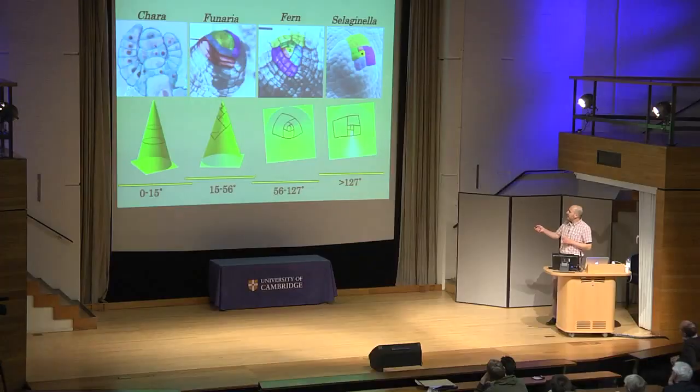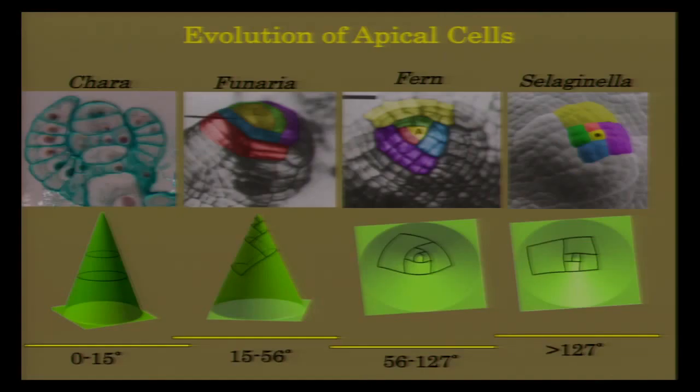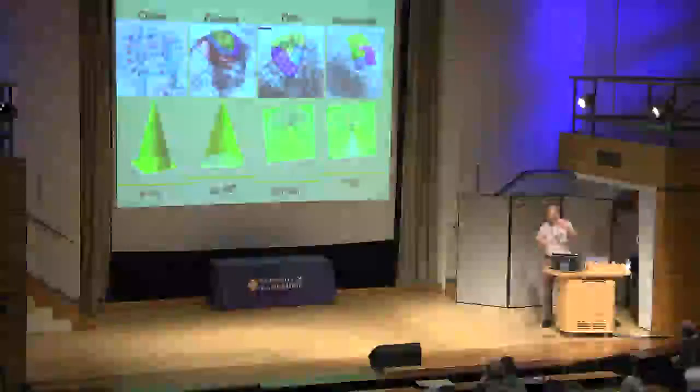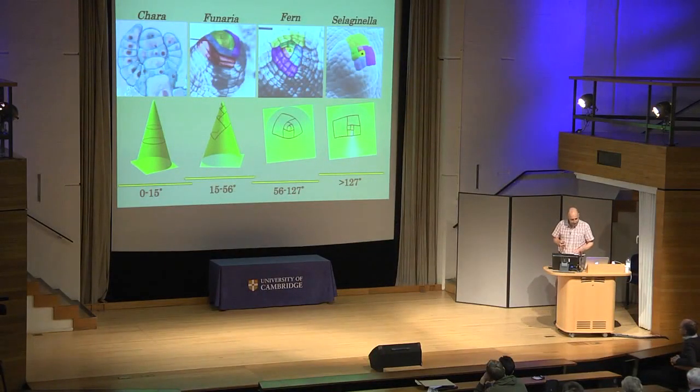It's not a biology audience here, but what I'm drawing here is the evolution of land plants. Chara is the ancestor of all land plants, and mosses are one of the first diverging groups. Ferns and Selaginella come later on; they're the first vascular plants. So mapping this transition from pointed tip to a flat surface follows the evolution of land plants. I just want to finish with 2 more slides to